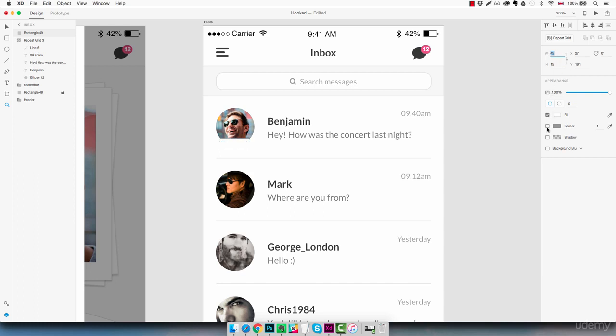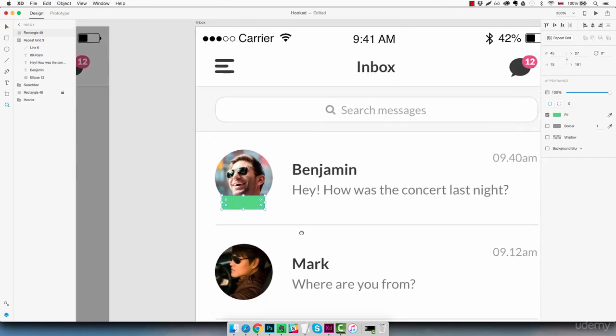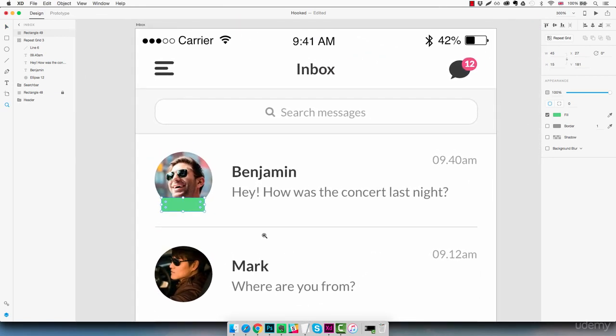Okay, we're gonna remove the border, and actually we're gonna change the color using the green that we already have saved in our colors at the top of our document. So we're gonna use the color picker and select the green here. Okay, so back to our screen, we're going to round up the edges of this rectangle, just like this,